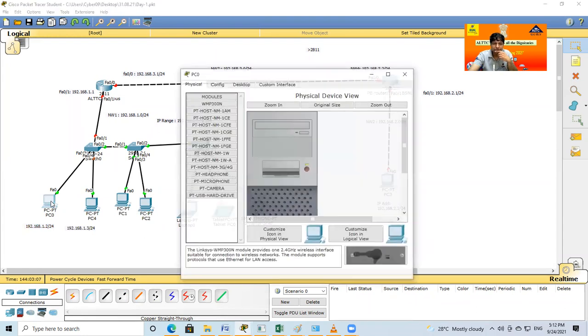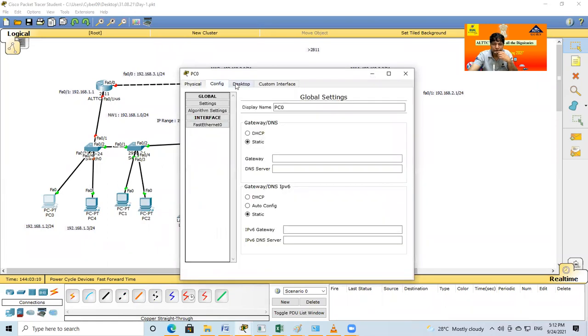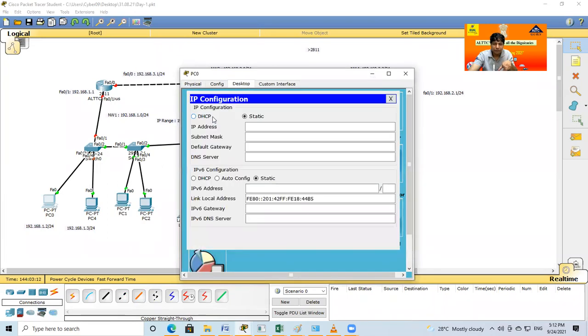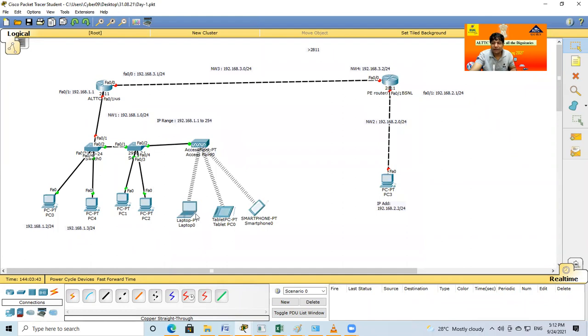So just click on this computer, go to the desktop, and IP config. I am planning the IP address 192.168.1.2. Subnet mask /24. Without the subnet mask, the computer is not able to understand how many bits are fixed, that is, the network bits. So from left to right, 24 bits are one. The calculation was already done in the IP session. So it is 255 by default. And gateway. What is the meaning of the gateway?